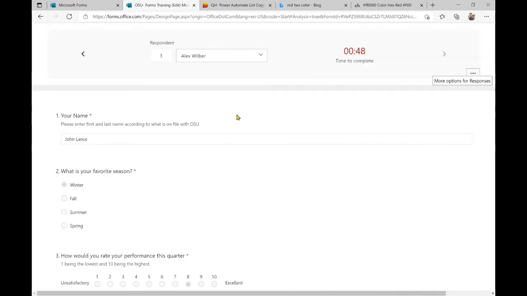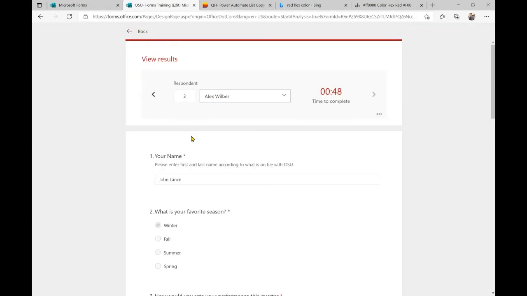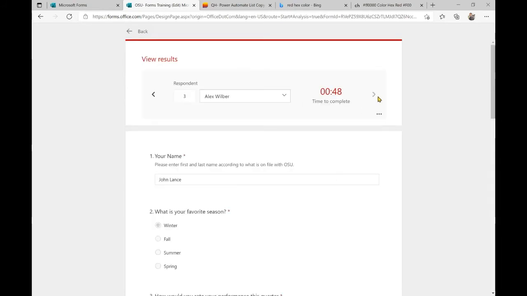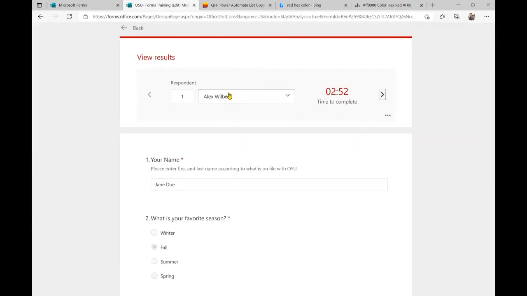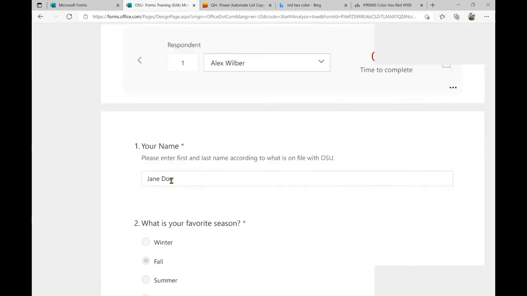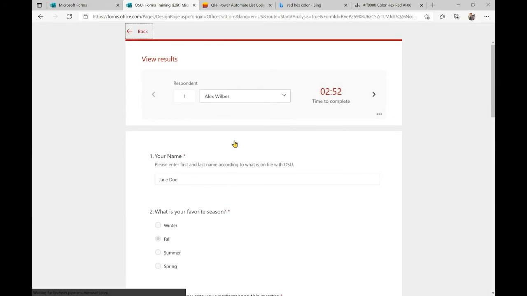This was their consent form. This was the agreement, the contract that they signed, whatever. I can print out their responses here, and I can go through and see each individual person. If I had set it up anonymously, it would just say anonymous. It would still show me and allow me to print this out, but it wouldn't identify who actually took the survey. But because I used the same person, they're all going to say Alex Wilbur, and we'll just pretend that this is actually the person who answered the survey.